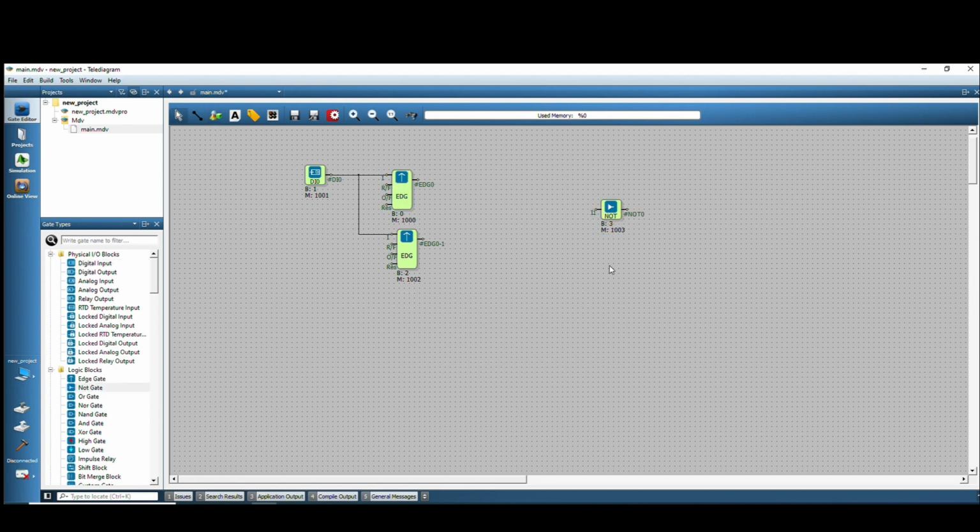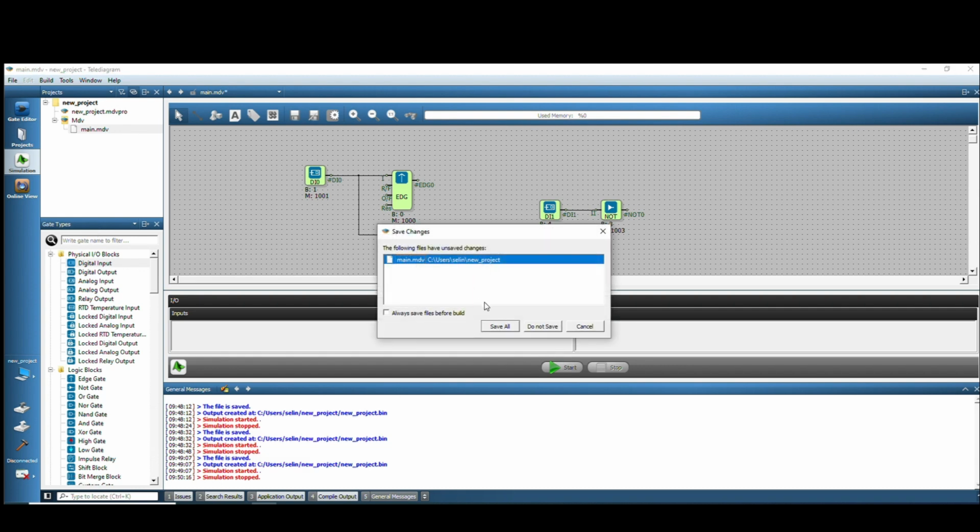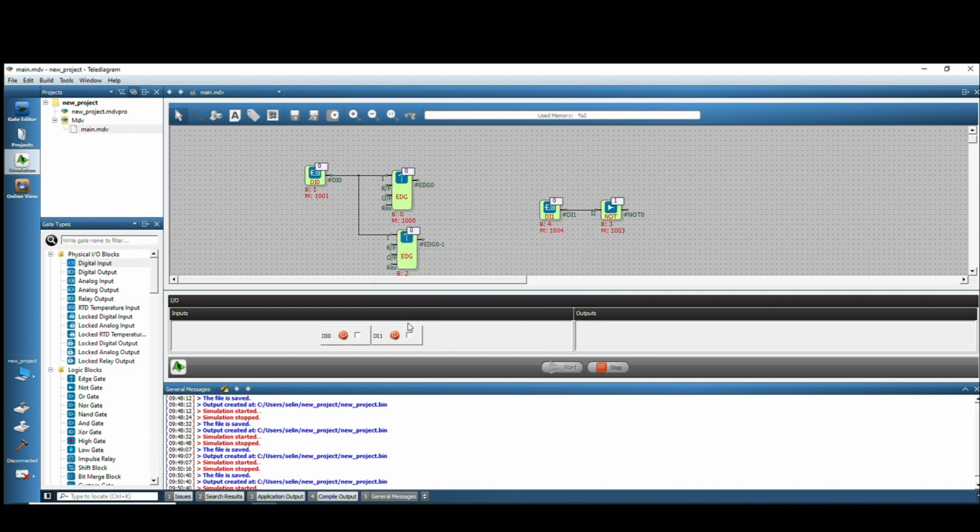Let's quickly show the NOT gate, which, as you know, is our block that turns 0 into 1 and 1 into 0. Let's take another digital input block. Some sensors normally work in a closed state. In this case, if you want the output to be 0, you use the NOT gate. The information coming